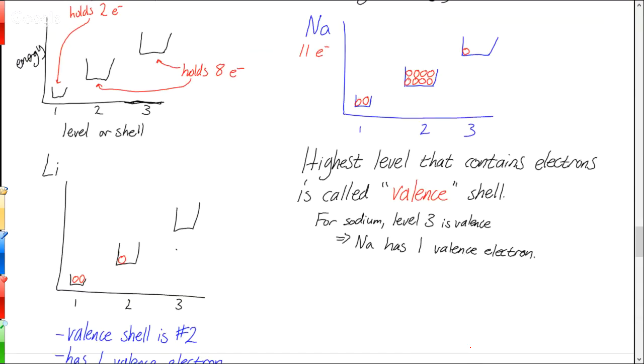Okay, so last time we started looking at electronic structure of atoms and what the valence shell is, and we talked about how we can figure that out just by looking at the periodic table. You don't necessarily have to count up the electrons in all these buckets. And then I kind of told you that it was important and it had something to do with what the atoms do, but I didn't really say more than that because we ran out of time. So today we're going to look at the consequences of that.